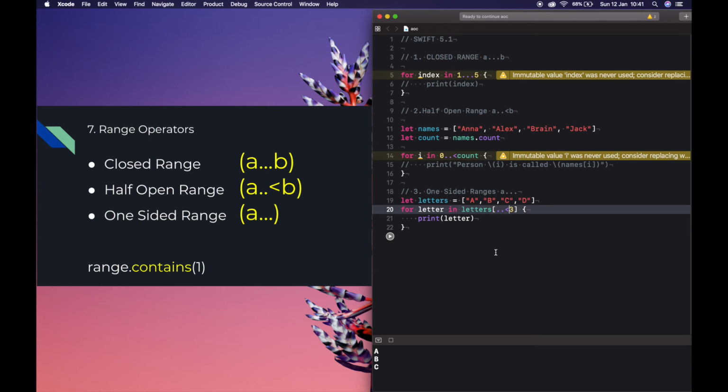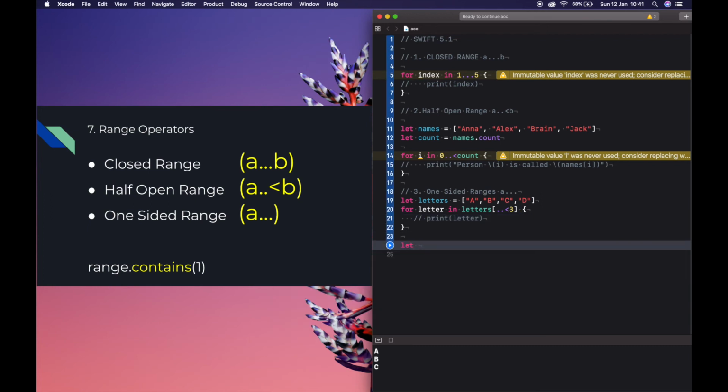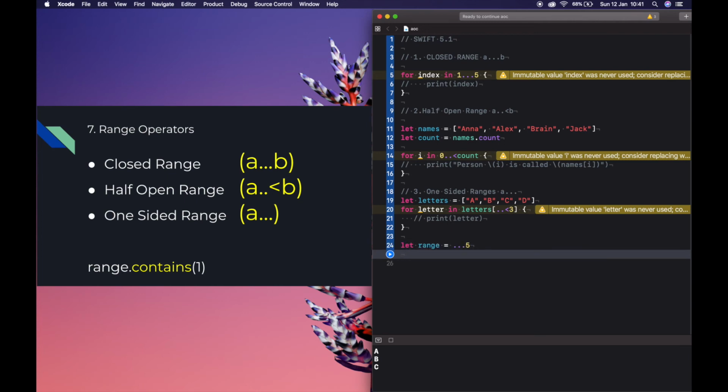You can also check whether a one-sided range contains a particular value. For example, let range be equal to up to 5. This means this will include all values from 0 to 5. Then let us print. We are going to check the values available inside this range. For that, range.contains(0).